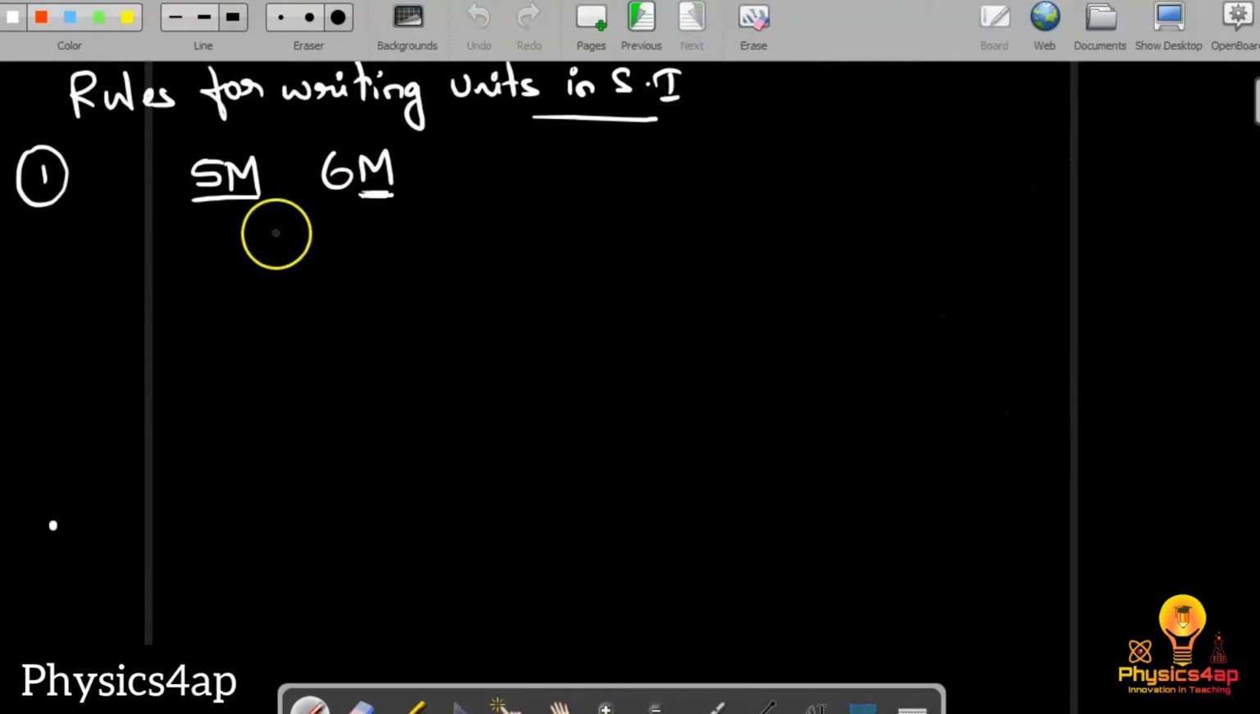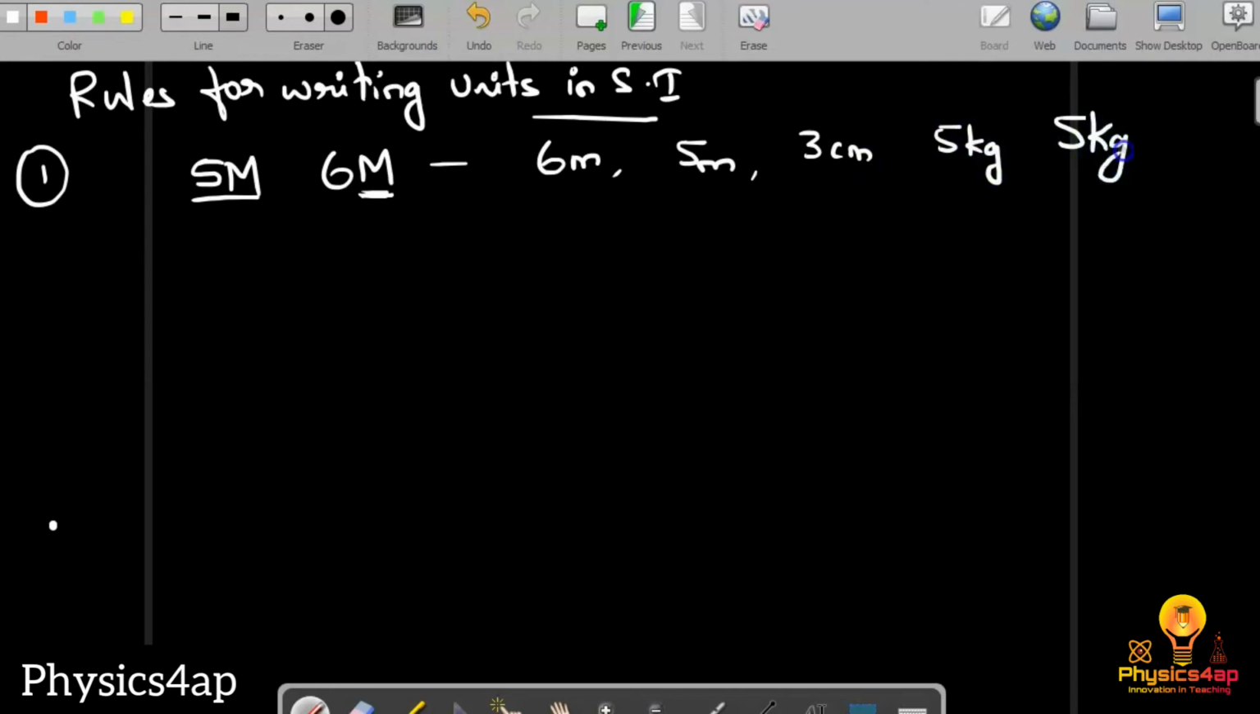Okay, so all the symbols of the fundamental units should be written as they appear in the table. So table ఎలా appear ఉందో అలాగే రాయాలి. That means 6 meters or 5 meters, 3 centimeters or 5 kilograms. You cannot write it as 5 capital Kg. You have to write it as 5 small k small g. That is the way we need to write it. And the second rule is,